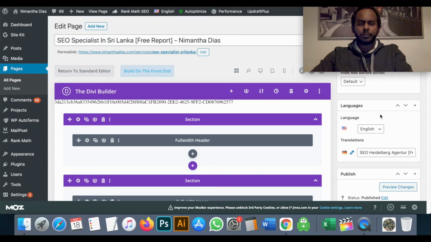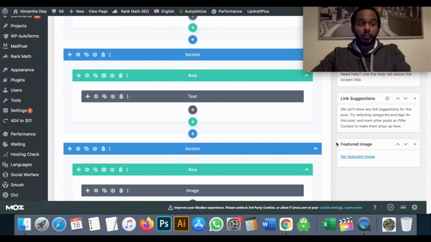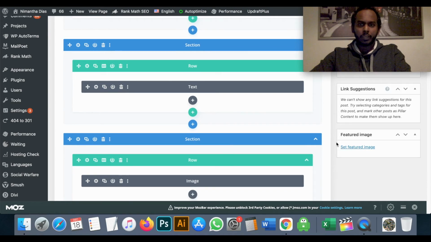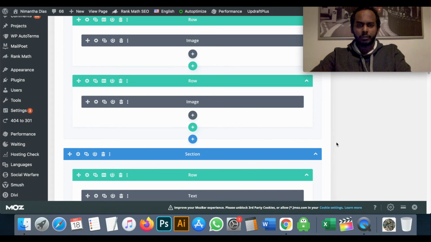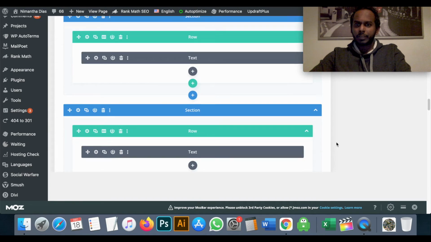It is targeting local searches, which is in Sri Lanka, but I live in Germany, and I don't know how well Rank Math works with Divi Builder because I saw Rank Math really works with Elementor, right? But I'm a big fan of Divi Builder. I've been using it for so long now. I have the lifetime package.